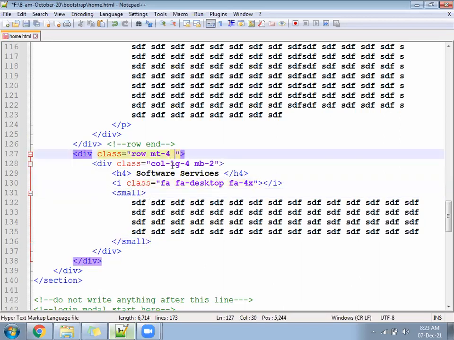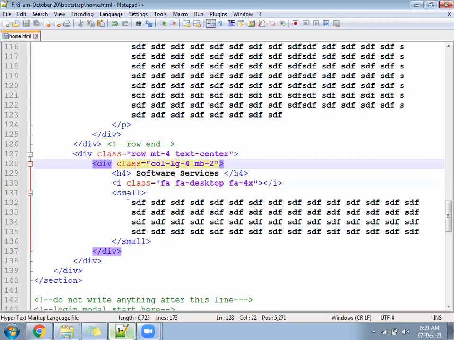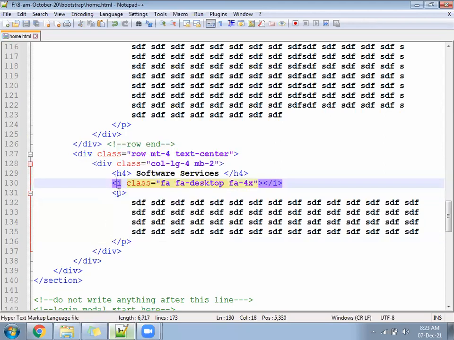So for the row class, you will write text-center. Inside the row everything will come in the middle, and this small tag you can convert into any other tag, maybe p tag, because a small tag is an inline tag. So the icon and the small tag both will try to come on the same line. If you write it inside the paragraph, it will go to the next line.